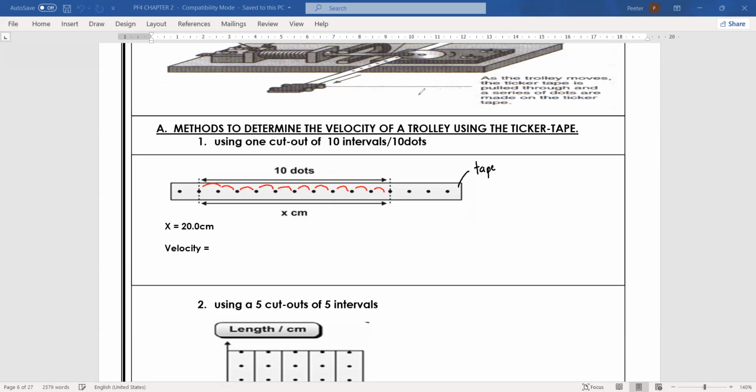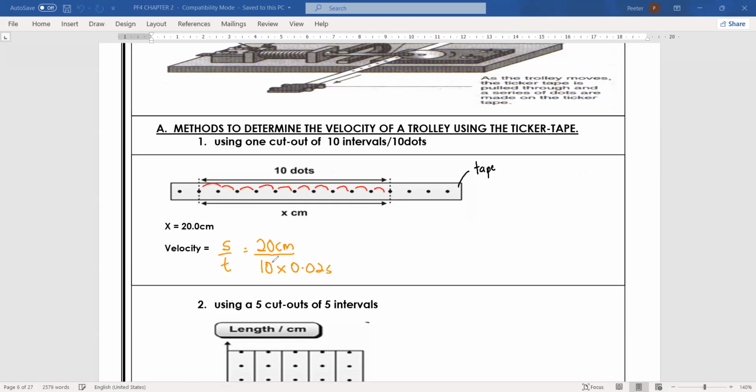So how do we calculate the velocity then? The velocity of this stick, which was moved by a trolley, for instance, will be the displacement over time. So the total displacement from the first to the last dot is found to be 20 centimeters, and the time taken, 1, 2, 3, here 10 dots, right? Or 10 intervals, 10, but you have to times it with